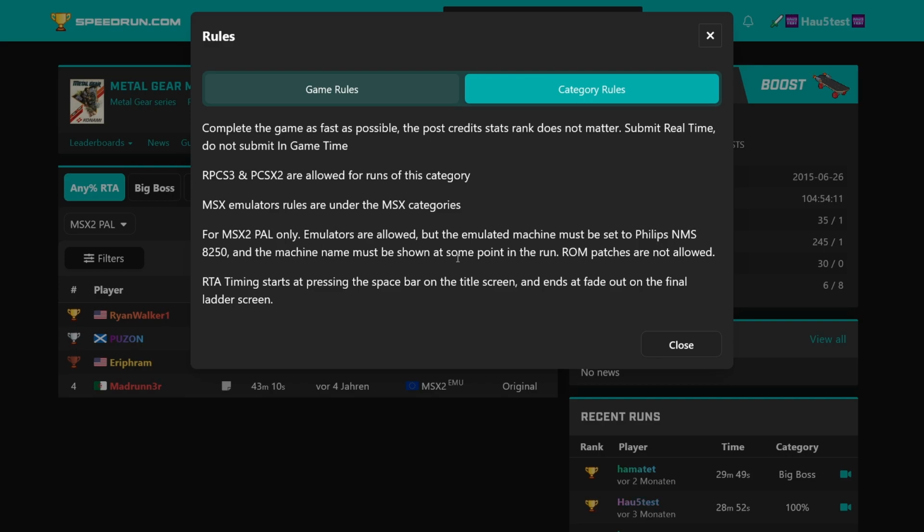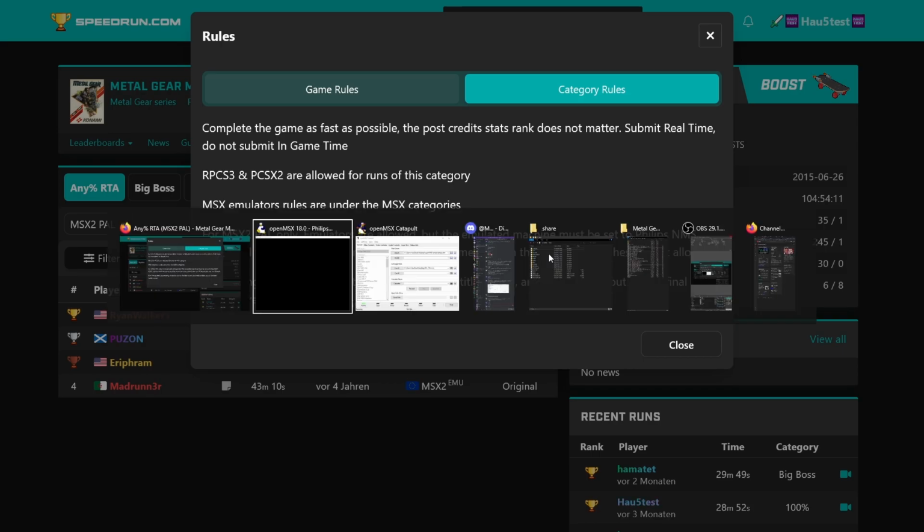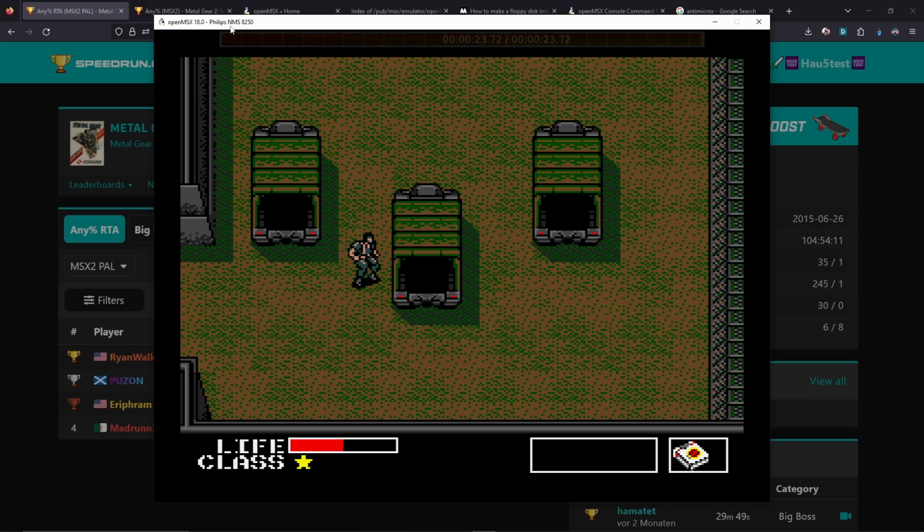The machine name must be shown at some point in the run. ROM patches are not allowed, that's fine, but machine name must be shown at some point in the run. If you don't want to use full screen capture like I do here to show it at the top, there's a